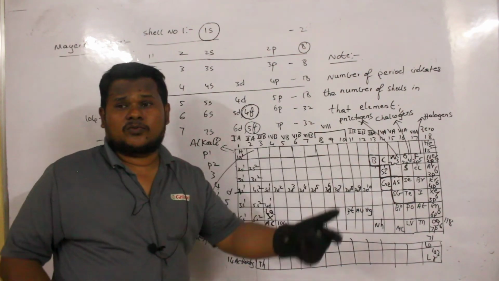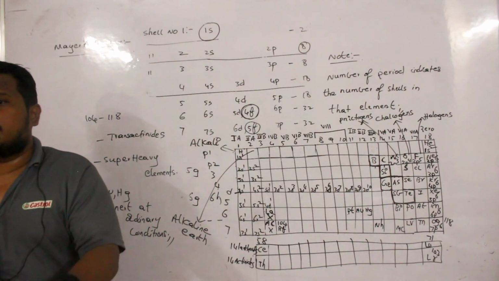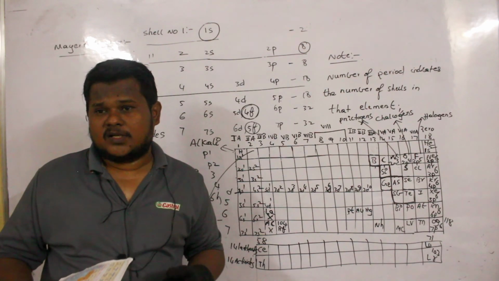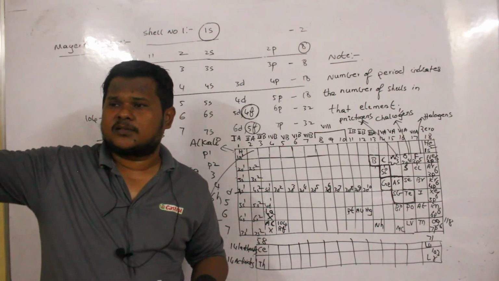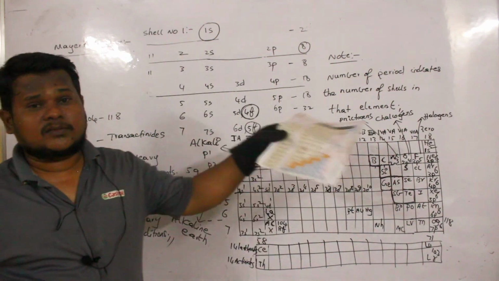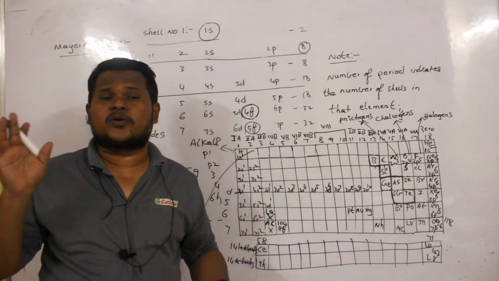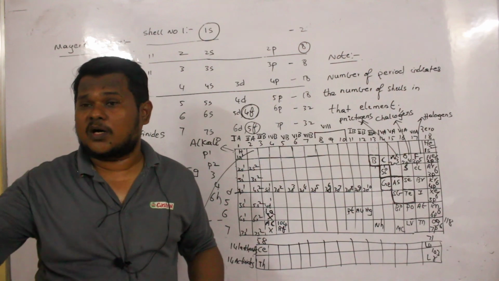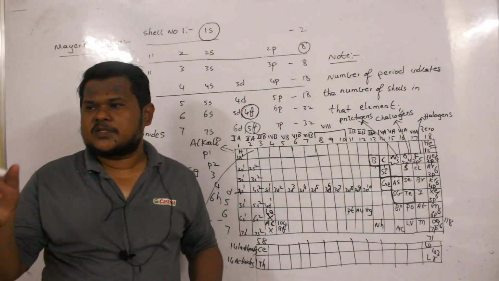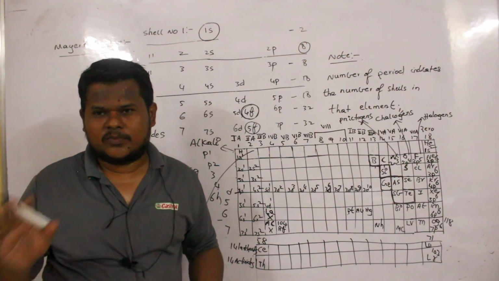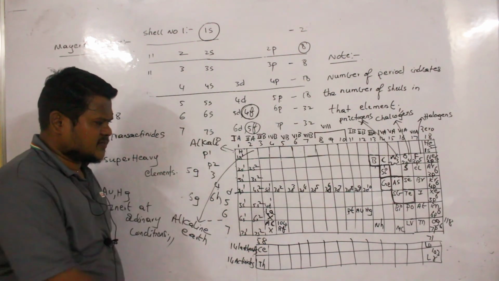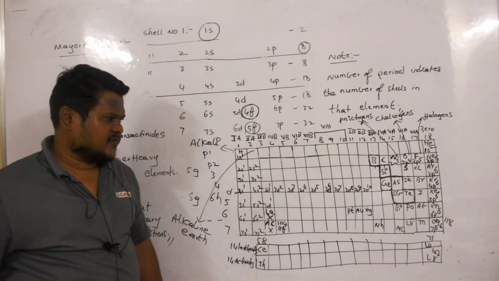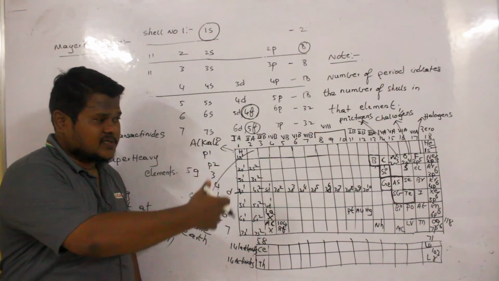And elements above atomic number 82, they are unstable. So which is the element of atomic number 82? It is lead, plumbum. Are you able to understand? So after that, all the elements are very unstable. And elements after 84, which one is 84? Polonium. So all of them will be radioactive elements. And all the elements above 92 are man-made elements. Man-made elements means they were discovered inside the laboratories. Are you able to understand? So these are some of the characteristics of this periodic table. Clear? So we will continue with the discovery of elements, how to identify the elements, and which position they are present in, that we will continue.